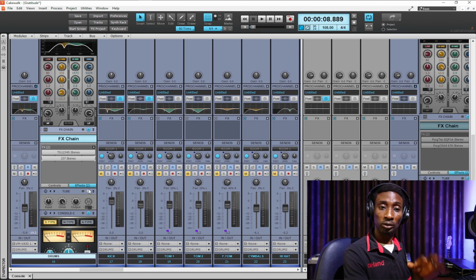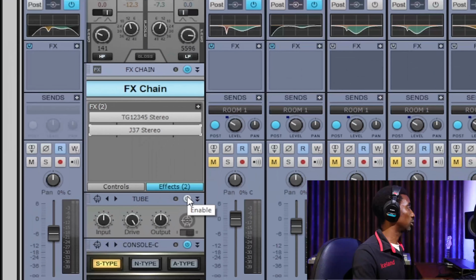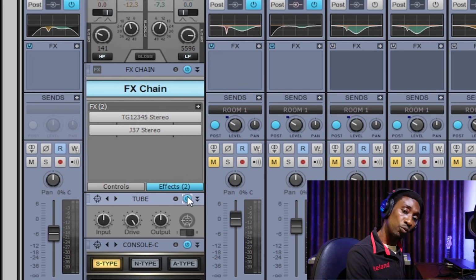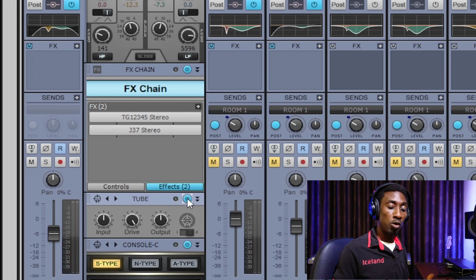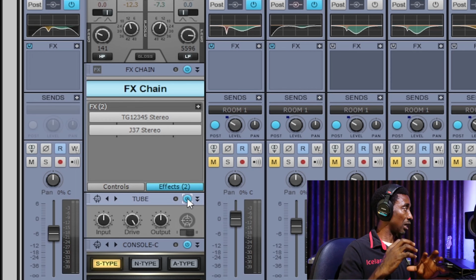So the next one is my tube emulator. Listen to it without and with it. This is without. This is with it. It brings out more of the character of the drum and makes it shoot out with more distortion. I want as much distortion as I can get